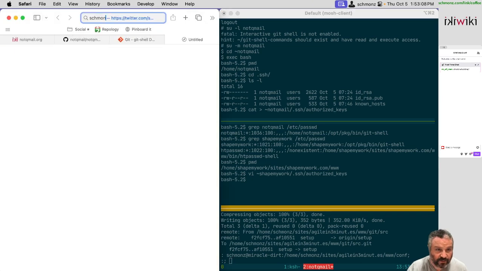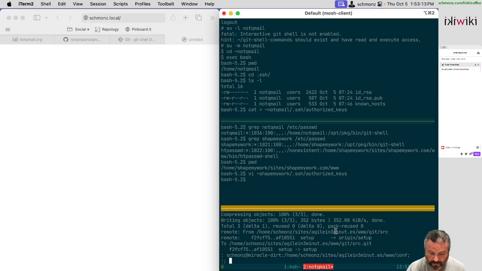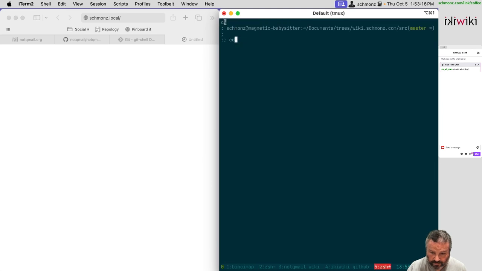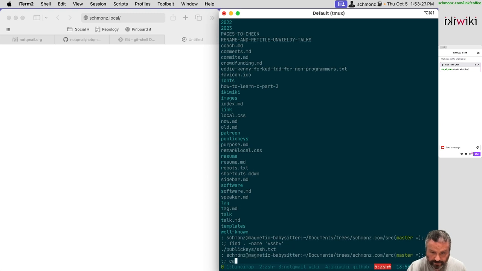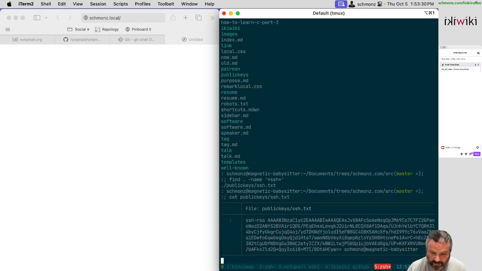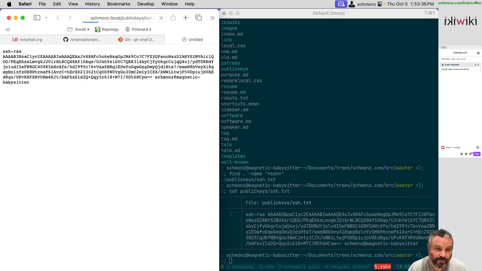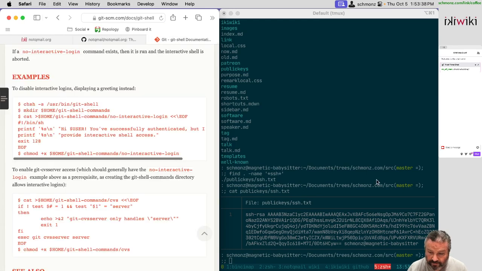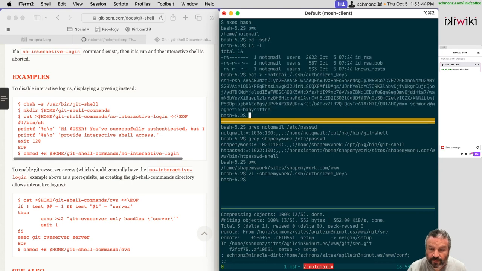What's an easy way? I think I have it here. There we go. Public keys ssh.text. That'll be the easiest way. Take that, paste here, and then